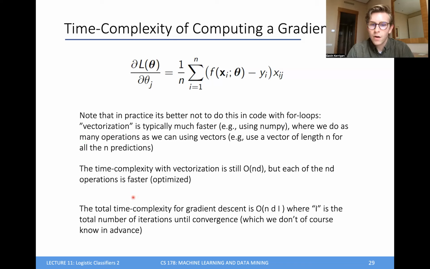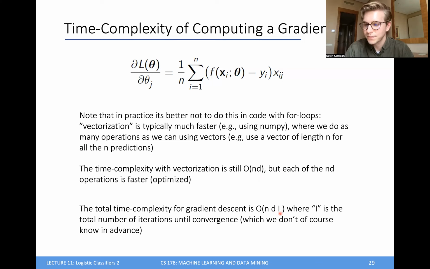So we get O of nd time complexity for computing a single step of gradient descent. But of course, this is an iterative algorithm, and we usually take more than one step of gradient descent. So the overall time complexity is then O of nd times I, where I is the total number of iterations until we pause our gradient descent algorithm,